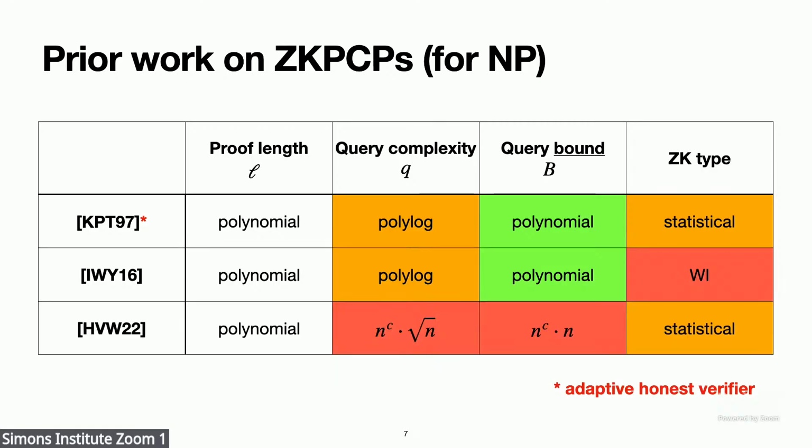Okay, and then more recently, so this is Kamitaze and Mutu and more. So, I guess it's kind of incomparable to the previous things. Their construction gets back the statistical zero knowledge, but it has a relatively high query complexity, and the query bound is only a kind of square root n query complexity, and the query bound is